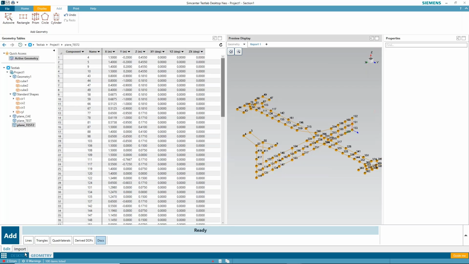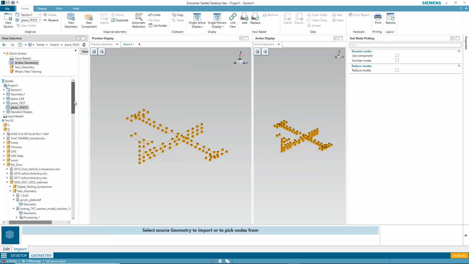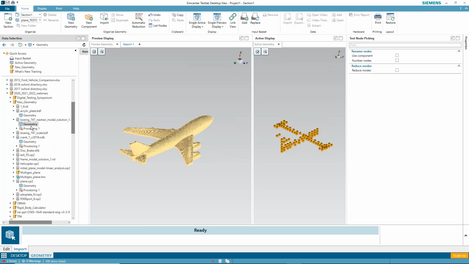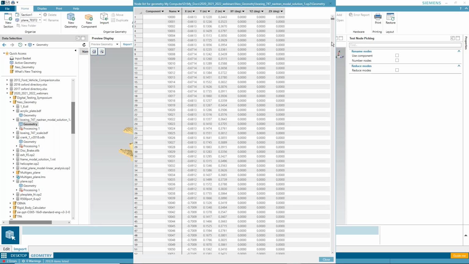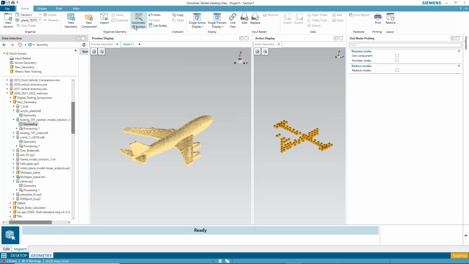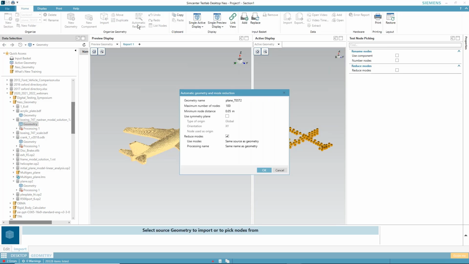Okay, so let's pick a geometry that's perhaps larger than 400 nodes. So here I've got this scale model of a Boeing plane, and I list the nodes here. This one has about 20,000 nodes. So maybe I want to automatically reduce it, and let's call it. And maybe I want to go down to maybe 200 points, maybe 500. And then pick your minimum distance,